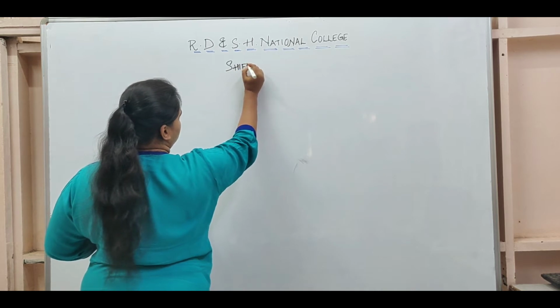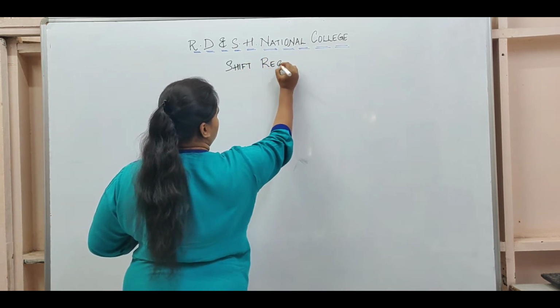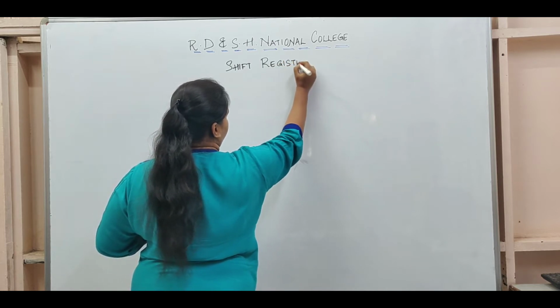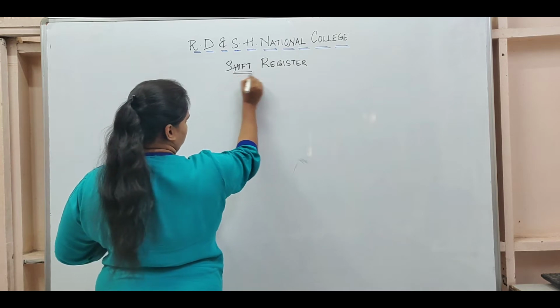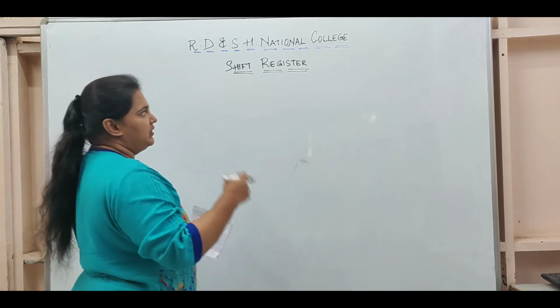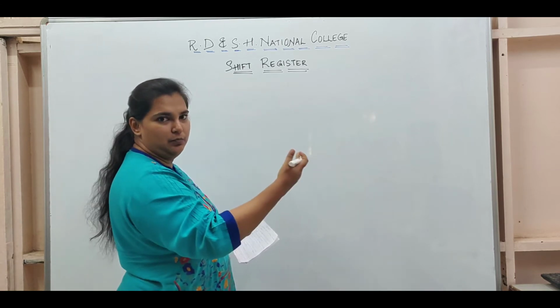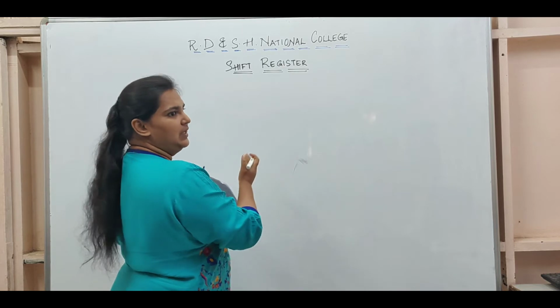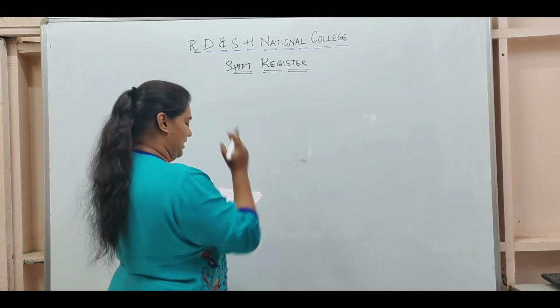So basically, a shift register is a sequential logic circuit which can store or transfer data. Now what happens is, this device loads input data at the input, and with every clock cycle it will send that input data to the output. So basically it is shifting data which is loaded at the input to the output, and hence the name shift register.